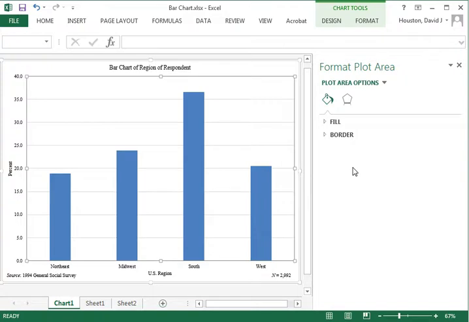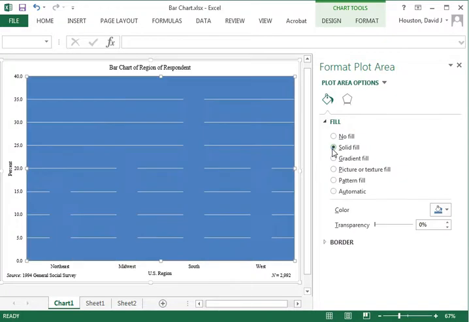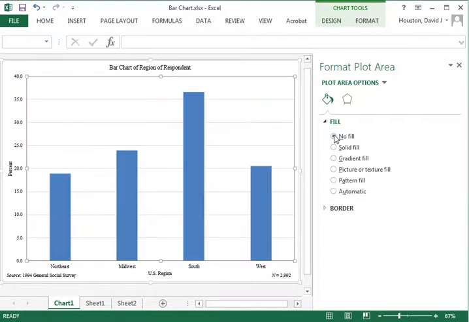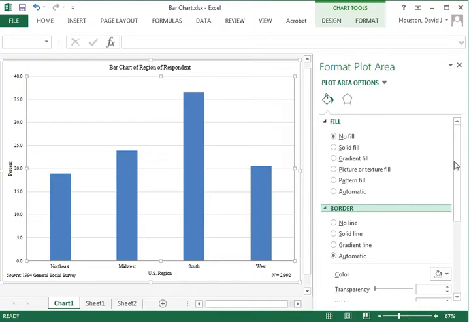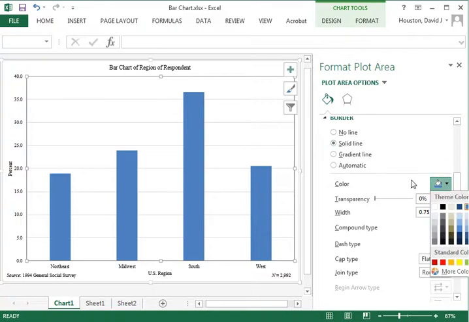We can either fill in a color, which of course we wouldn't want to do, but I'll show you what it looks like. There's a fill color. We can change what that color is if we so desire, but that's not something I think is very pretty to do. So I'll just click on no fill. I do want to put a border around it. Right now there is no border around it. I'll click on solid line, and right now if I just click OK, it's going to make it a blue border. I can change it to any color border that I want.